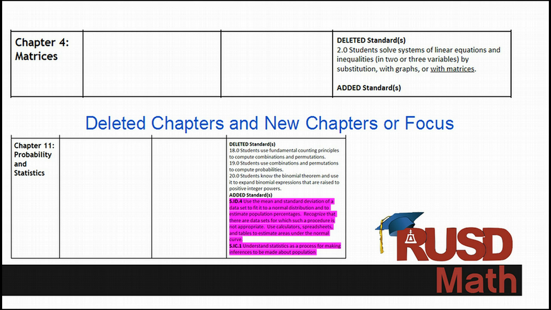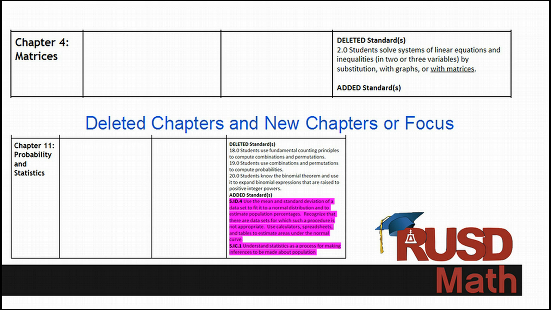As can happen, there have been a few chapters that have been deleted from Geometry and Algebra 2. If there were no Common Core standards that pointed to those chapters anymore, they are deleted, similar to Chapter 4 up here. If you'll note in columns 2 and 3, there are no old 97 standards that match, and no standards that match to any new Common Core state standards in columns 2 and 3.